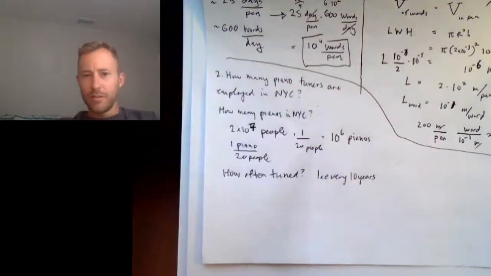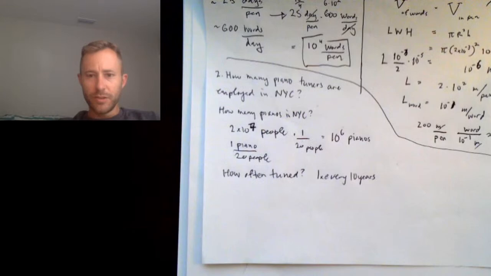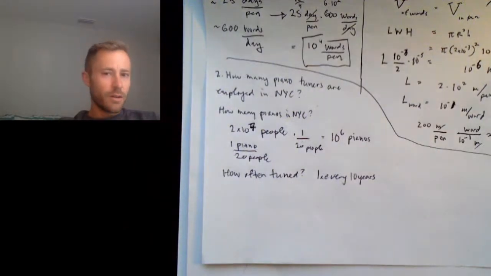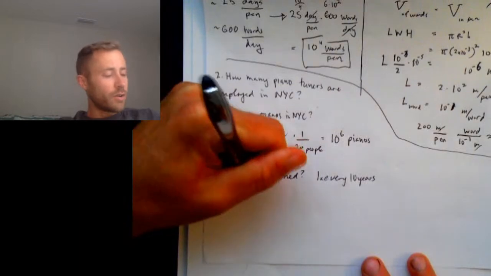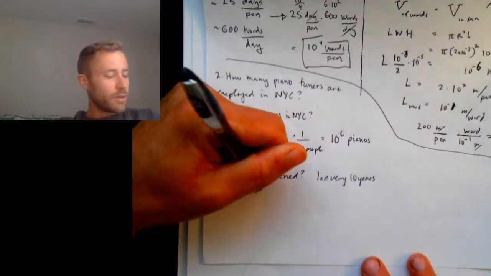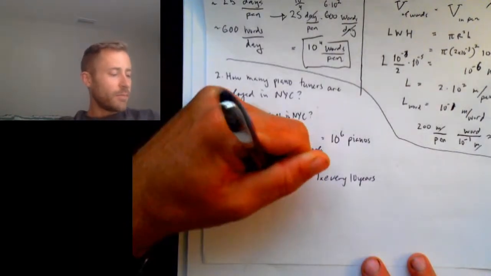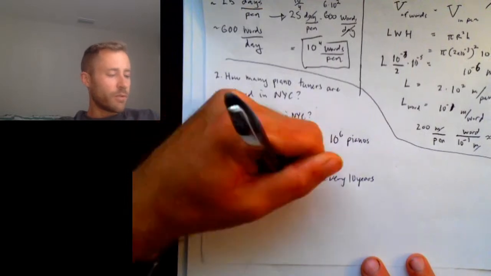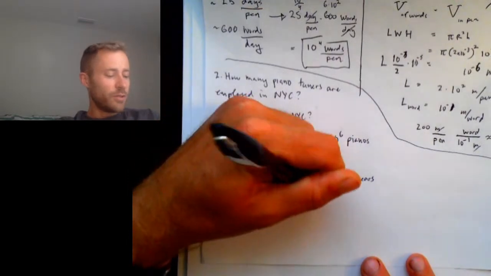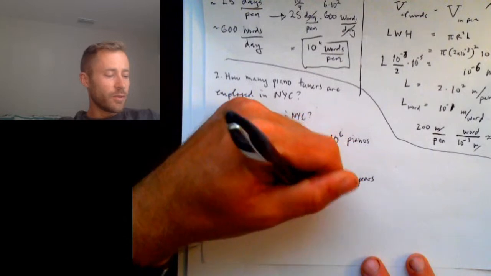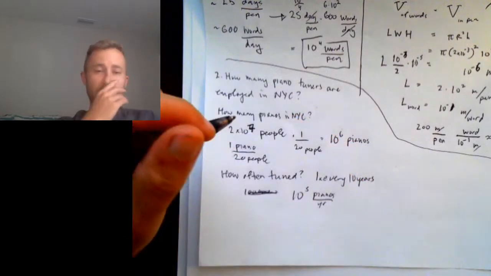So if we take this, 10 to the 6 pianos, in a given year, 100,000 of them are up to be tuned. Okay? So New York City has 100,000, or 10 to the 5th pianos that need to be tuned per year. Okay? So now let's think about